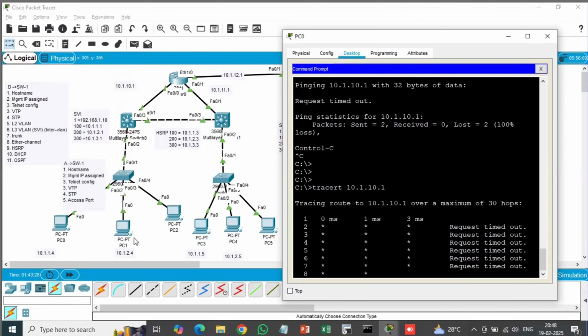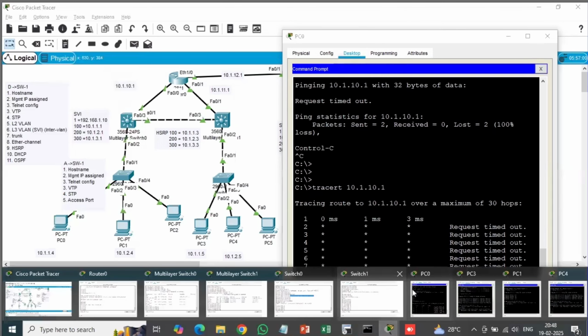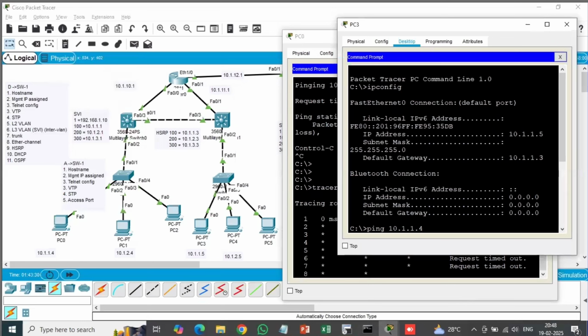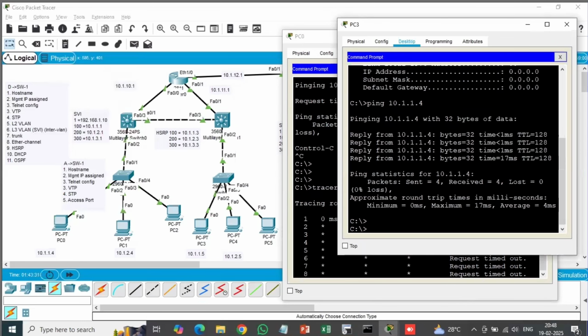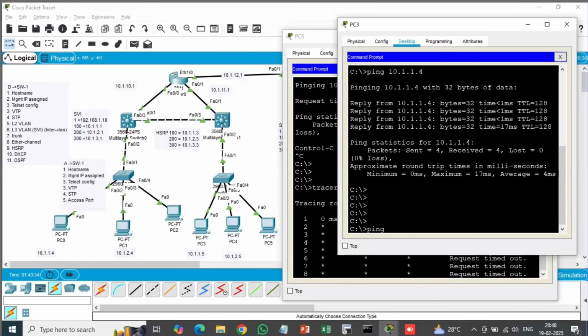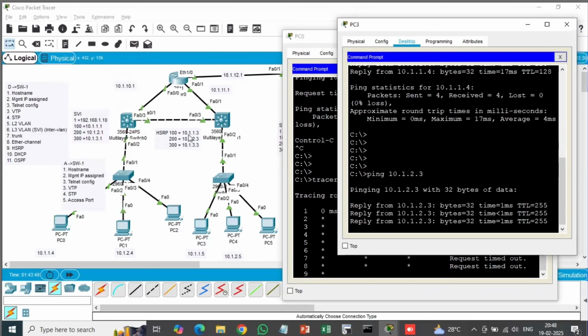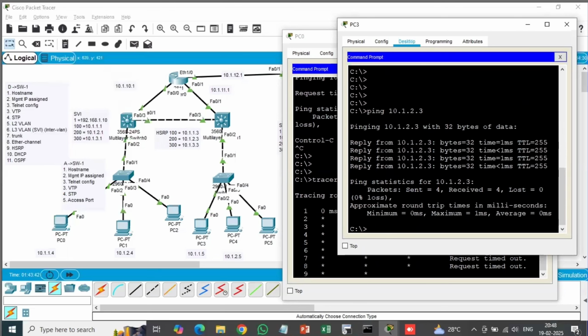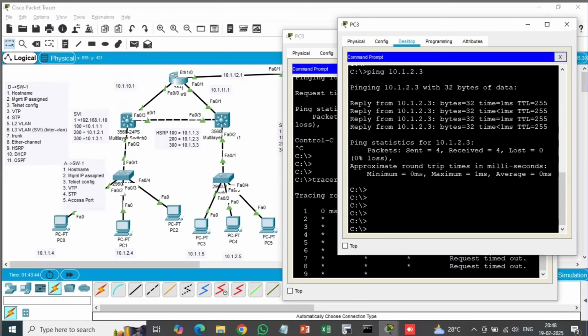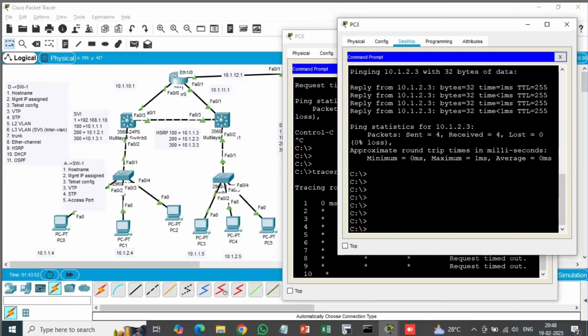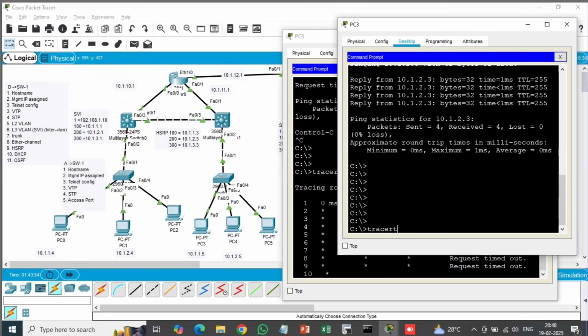Okay, similar, we have this PC3, right? PC3 also IT1. Okay, ping 10.1.2.3. So this is our HSRP IP. So again, this is IP, but this is VLAN 2. So now let me try to trace from here to here. Okay, so let's see how it will be. Tracert